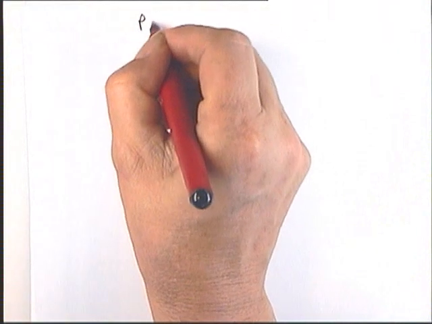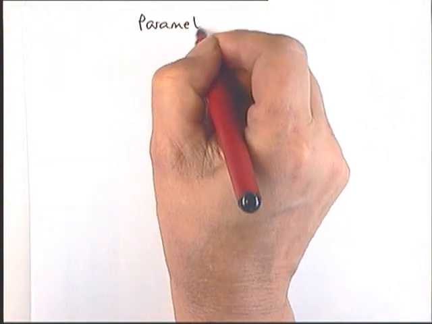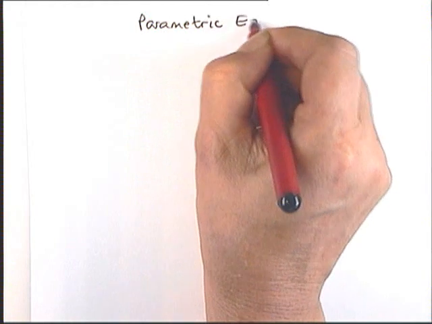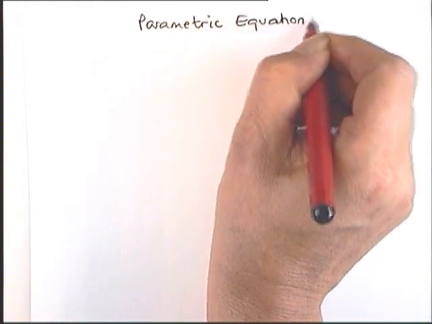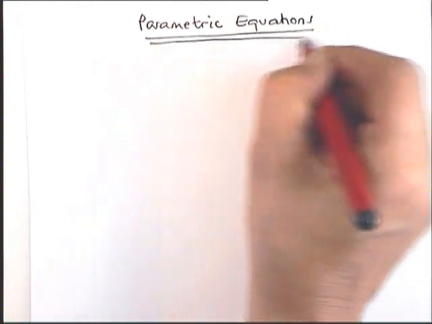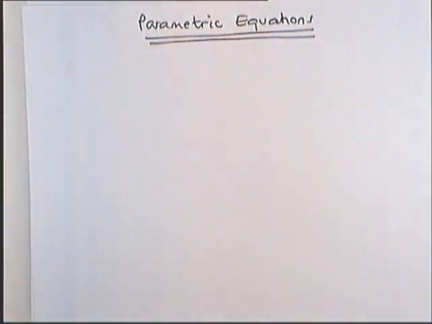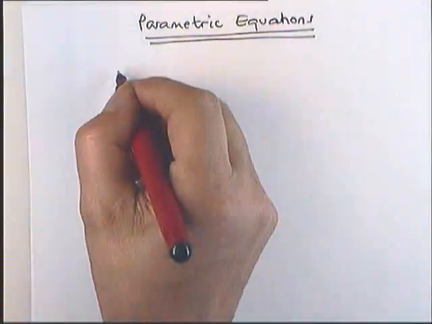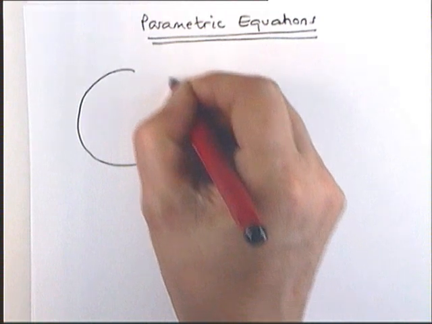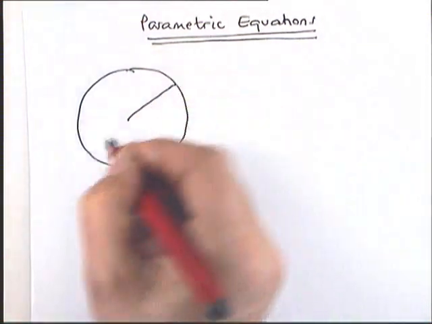Okay, we're going to look at parametric equations. Let's just write that down. Parametric equations. Now, a parametric equation is when the x-coordinate and the y-coordinate are given in terms of a different variable. So if I explain that, if I've got a circle,